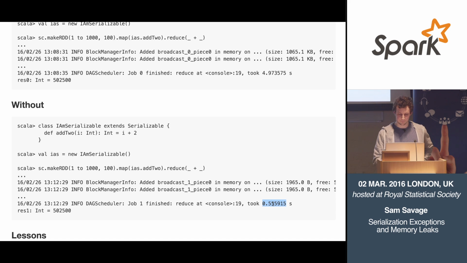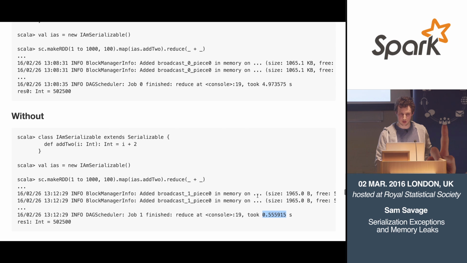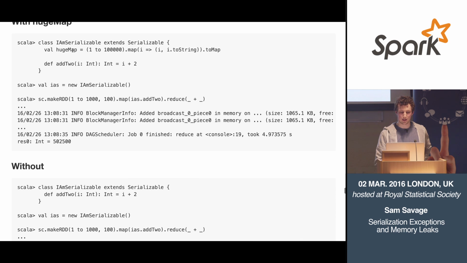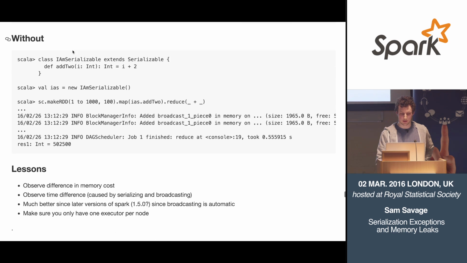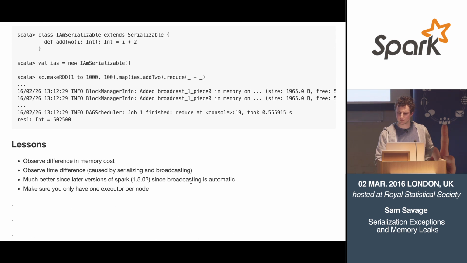So it does make a difference. A lot of the cost is really in serialization, especially if you've got a heavily nested structure, something quite complicated like a graph, or lots of nested maps, and serialization can become very expensive and slow. It used to be a lot worse in the older versions of Spark, but they've made it better. So yeah, it uses a different amount of memory, it uses more time, and there's a lesson here, which is